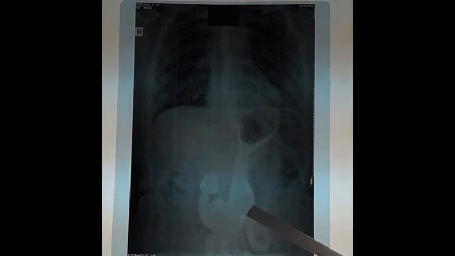So it is a contrast anteroposterior X-ray to see the stomach as well as the first part of duodenum. X-ray is also taken to view the esophagus. Part of the esophagus is seen. Esophagus is best viewed in barium swallow, and the rest of the alimentary tract can also be viewed with successive radiographs at different time intervals.